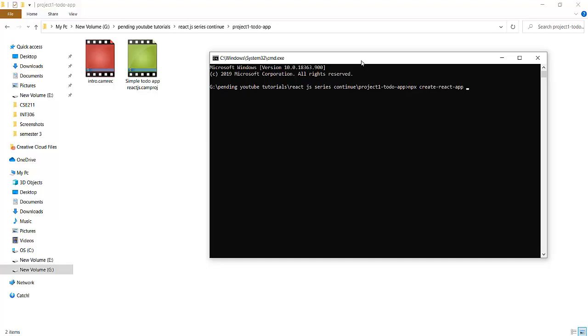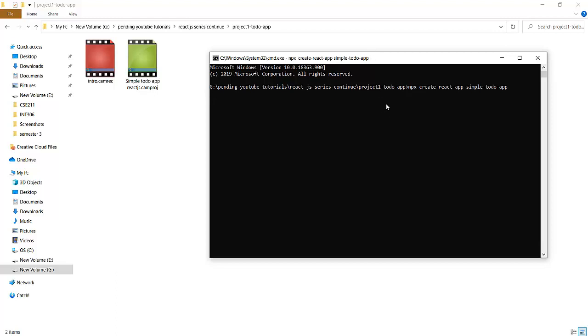Make sure that you have active internet, because this will download the files from GitHub. Make sure you have access to a good internet connection. So here will be npx create-react-app, and the React app name will be simple-to-do-app. Click enter here.